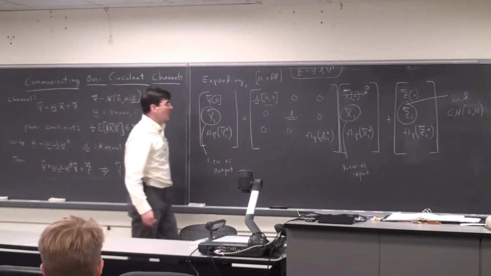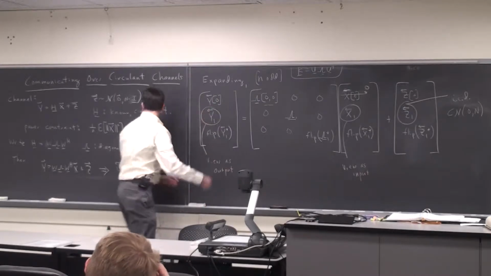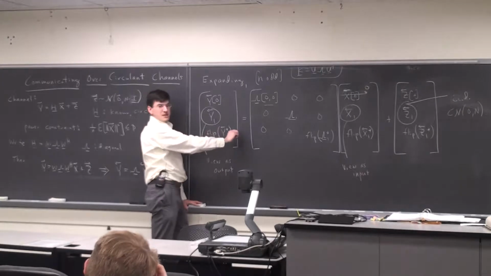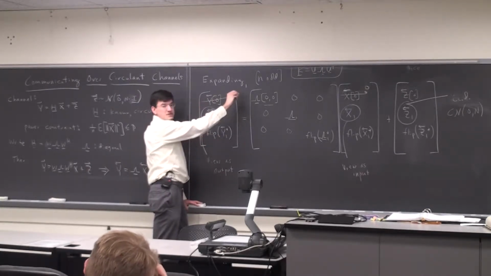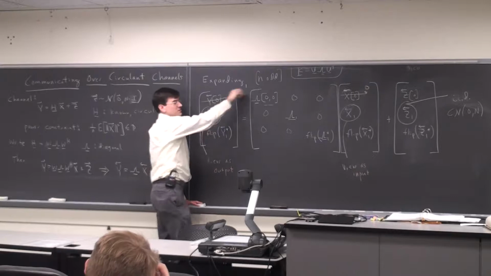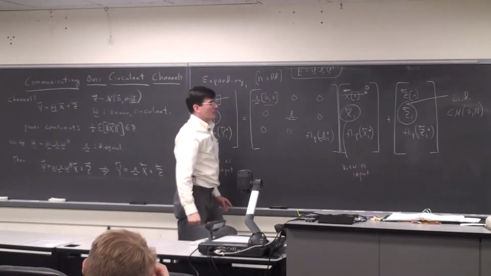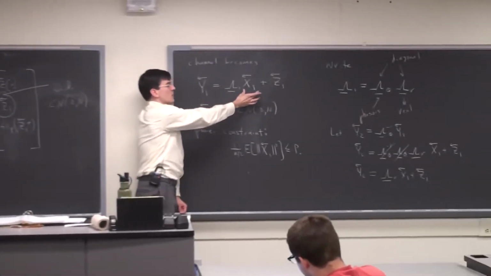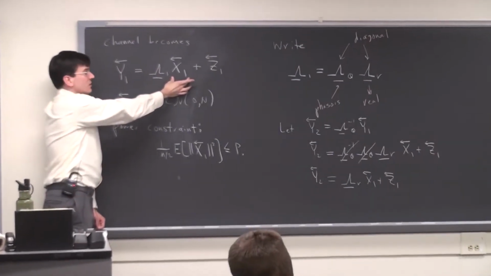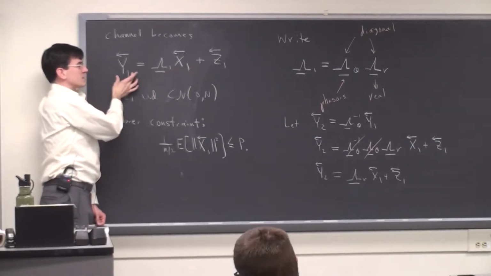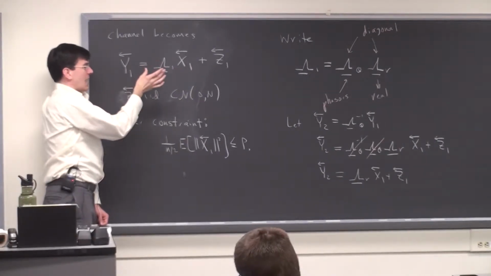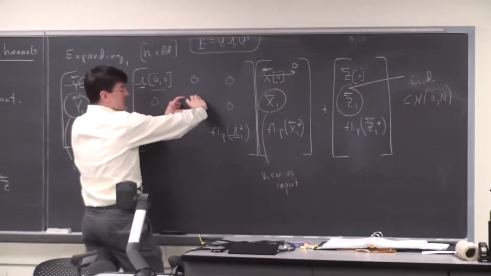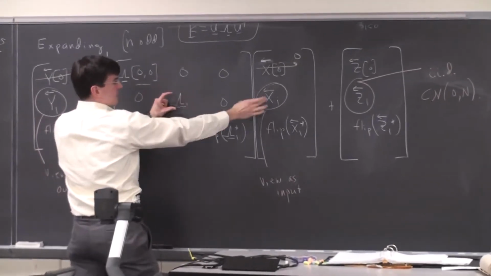Okay. At the receiver side, you get the time domain Y, you take the DFT of it, you get this vector, and drop this because it's redundant. We said we drop this because it doesn't have any useful information in it. It's pure noise. Okay. And what you end up with at the end is a reduced channel like this. So view X1 now as the input to the channel, and Y1 is the output. And lambda 1 is just this section of the lambda matrix. It's just the entries of lambda that correspond to X1 and Y1.